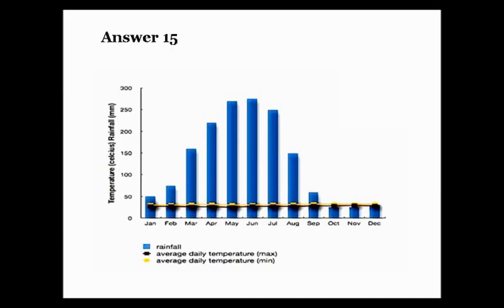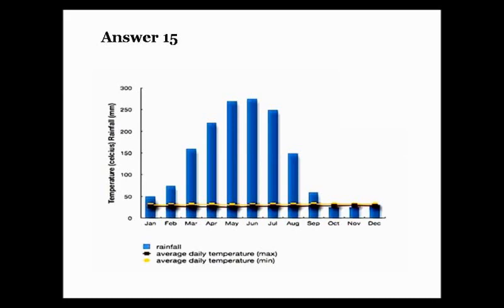The graph gives information about the rainfall and average daily temperature in a year. To begin with, we can see that as for rainfall, the highest number goes to June with a figure of 260 millimeters. According to the graph, the maximum average daily temperature throughout the year is constant with a figure of